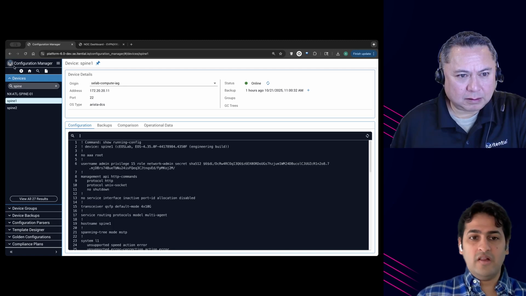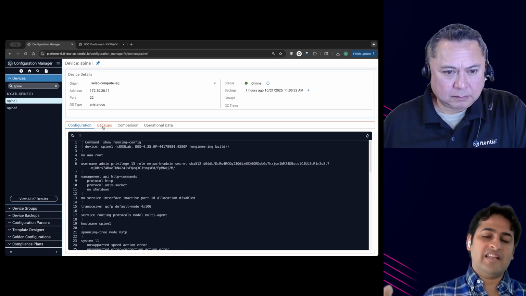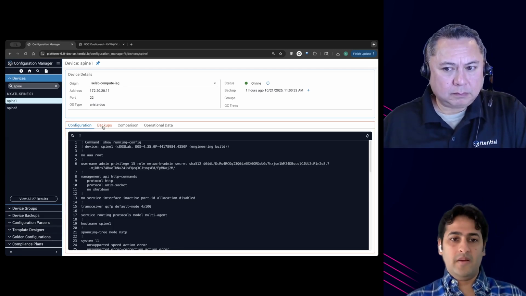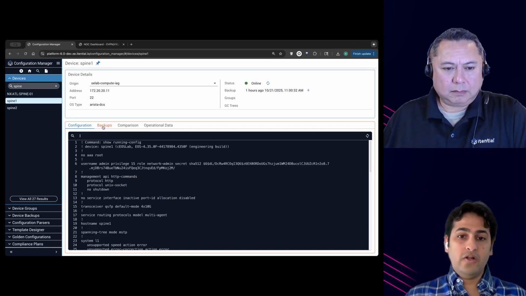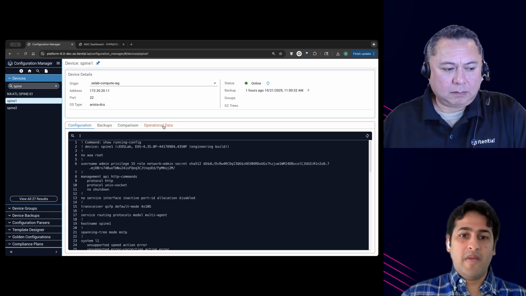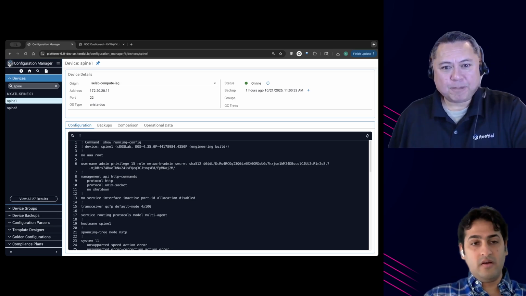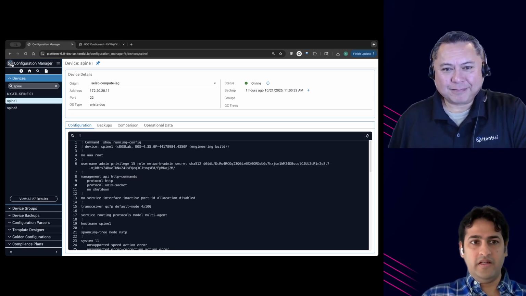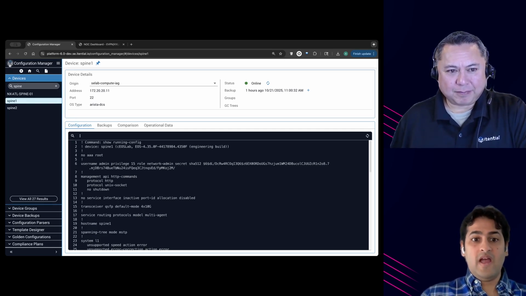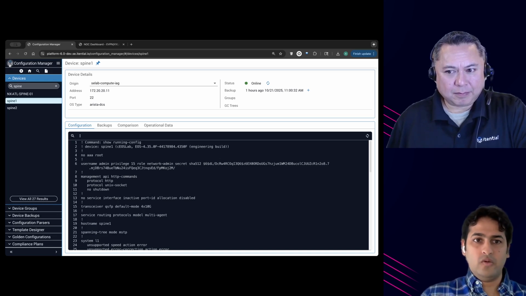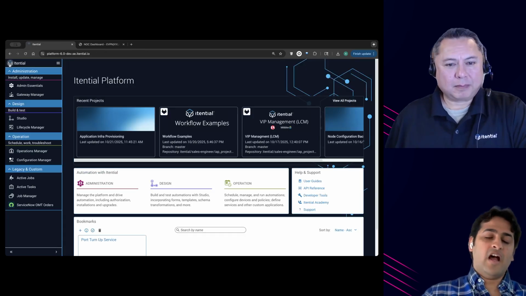So this gives a lot of value in terms of having that single application that does your backup, golden configurations, and also has the ability to run commands against those boxes. Right. So that was my topology, which is completely available inside of Config Manager. So I have full access to run commands I would like to run against these boxes,